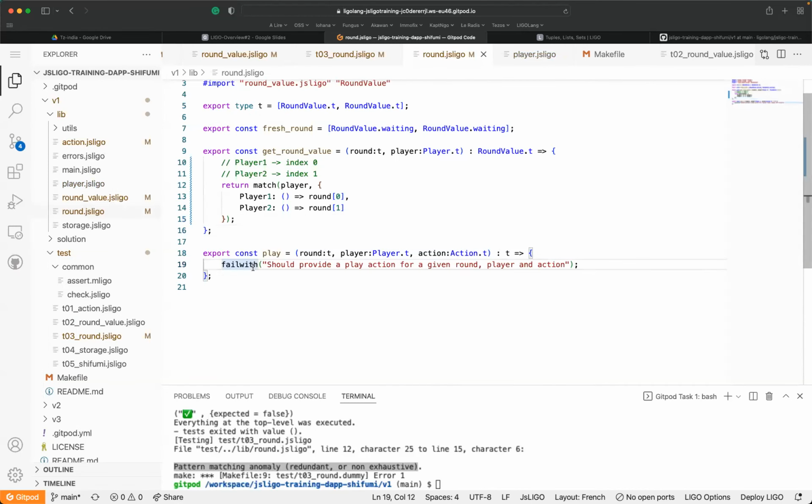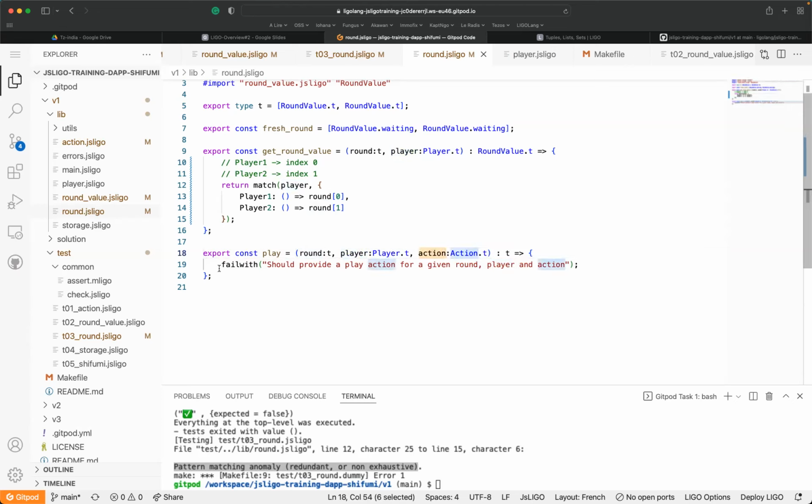So here, what we're going to do right now, we're going to implement the play action. So we have the round for the player 1 or player 2. We know who is playing, maybe the player 1 and player 2, and we know which action is going to play.